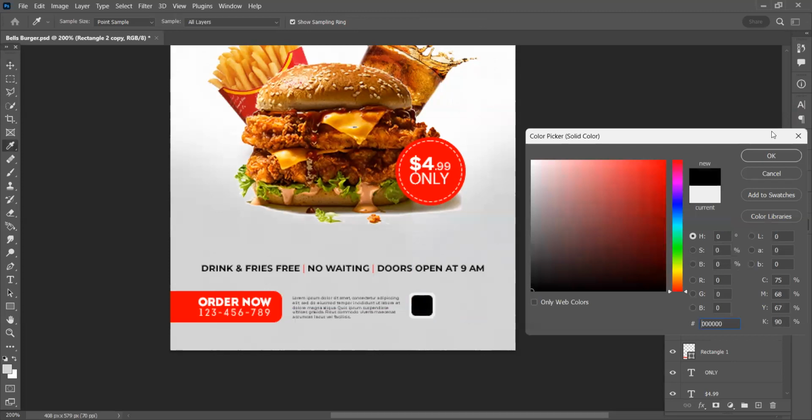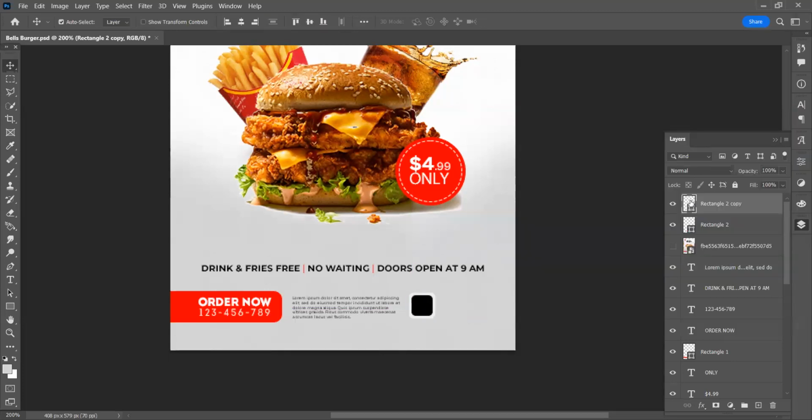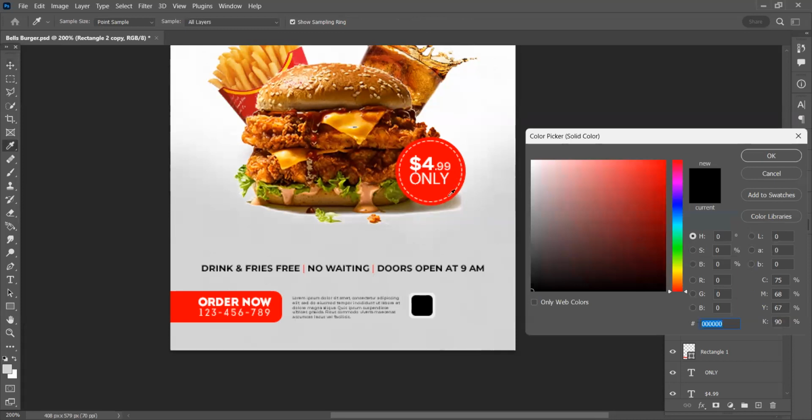Then I double click on this guy, on that rectangle, on that shape layer thumbnail. Once it shows the layer thumbnail like this, you can double click on it. Meaning that you can use the color picker to pick any color that you want, or you adjust it yourself. You can move it around. If it is this color that you want to pick, or maybe a color on this burger, you can pick it. Can you see now? You can pick any color and apply it to your design. So let me use black so that we can get something close to what they have.